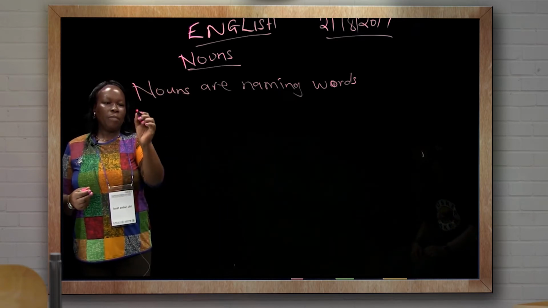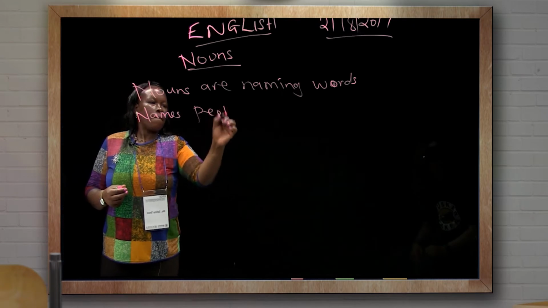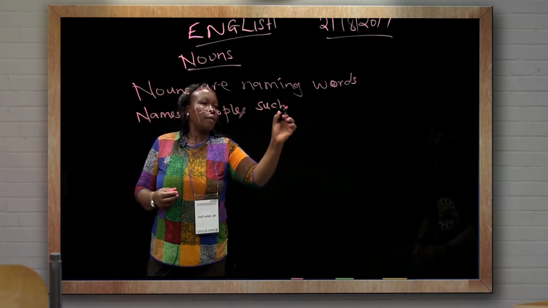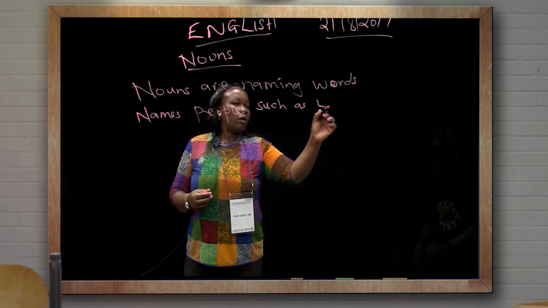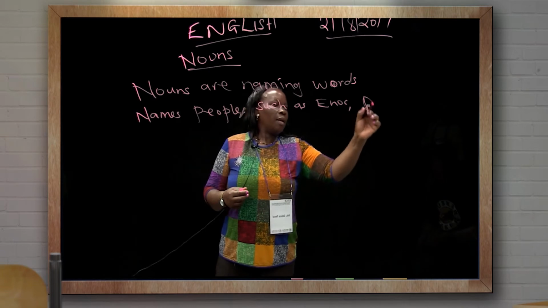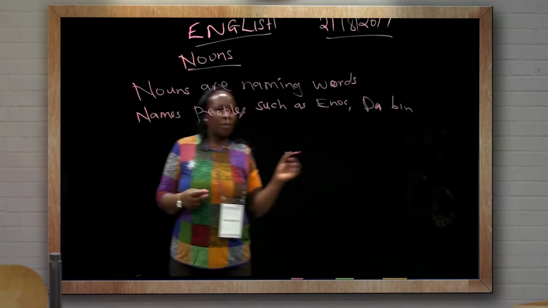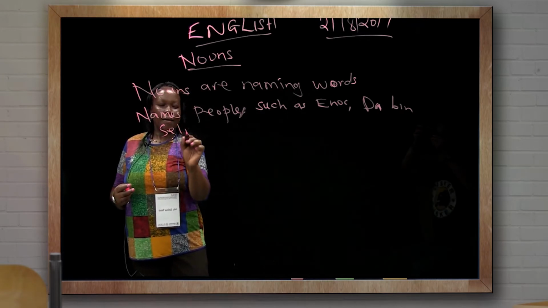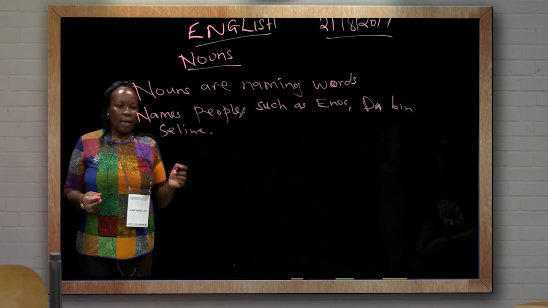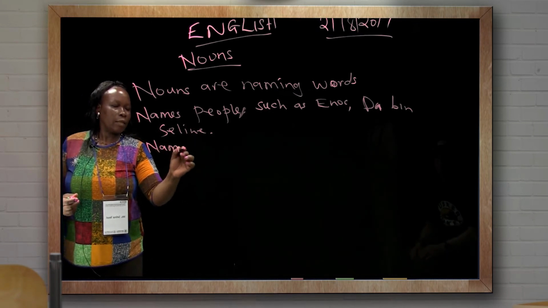They can be names of people such as Enoch, Darwin, Celine, and many others. Nouns can also be names of places